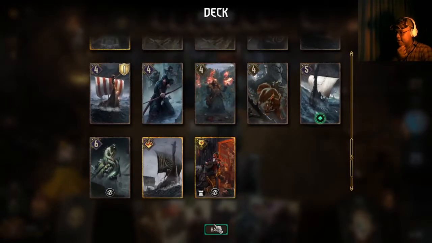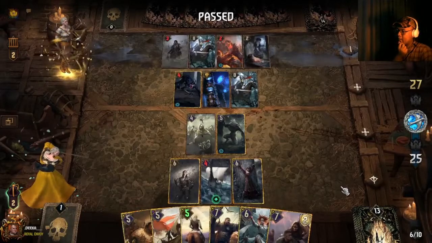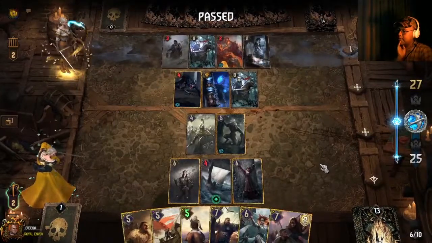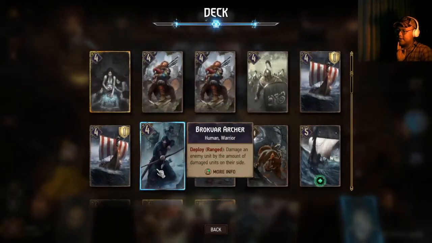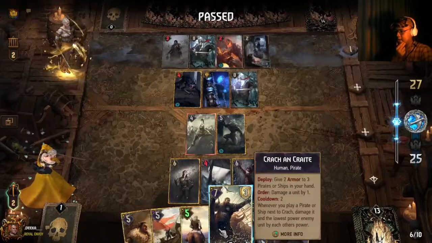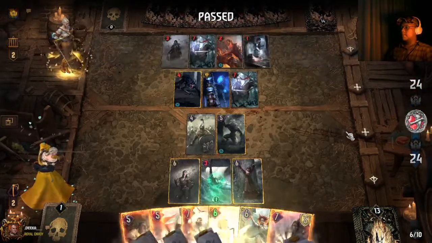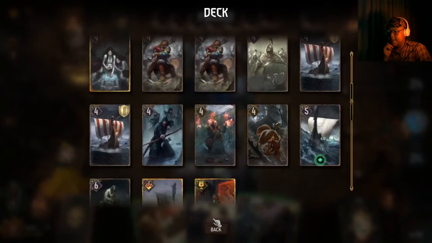Coming up next is Brookfar Archer, which is really good. Oh my god. So we're gonna have Fuchsia, so their best card from their location should be Mushy Truffle. I think I want to discard the Morkvarg. Wow, am I discarding Morkvarg over Brookfar Archer? It's a warrior though. They could lock the Croc, which is really not ideal for us. We can do this. Yeah, we're forced to discard the Brookfar Archer, which I really like, but...